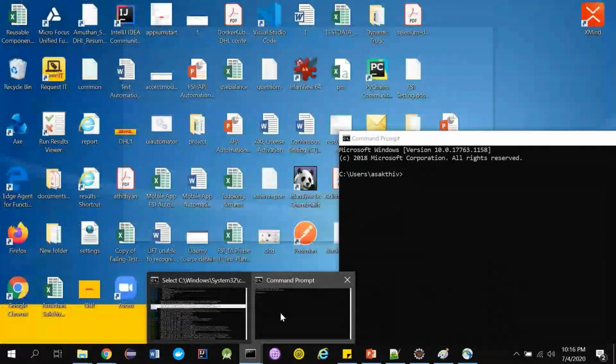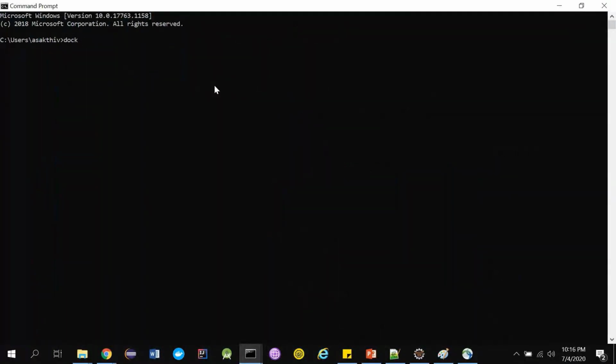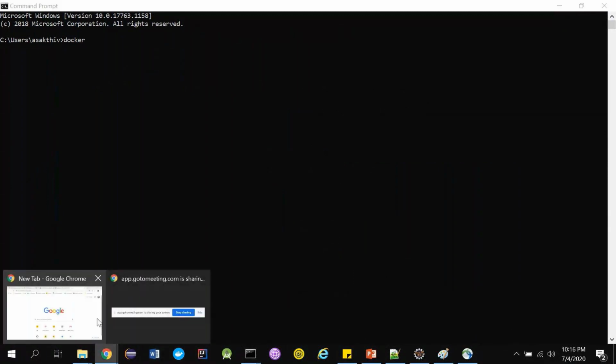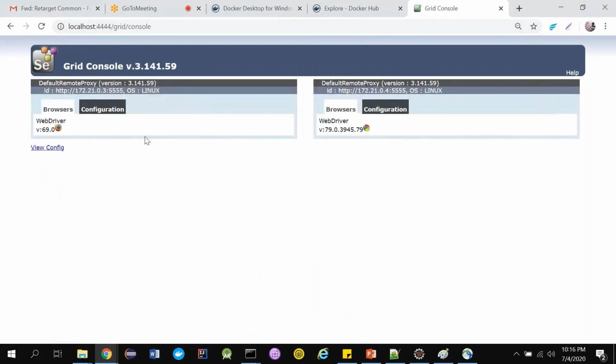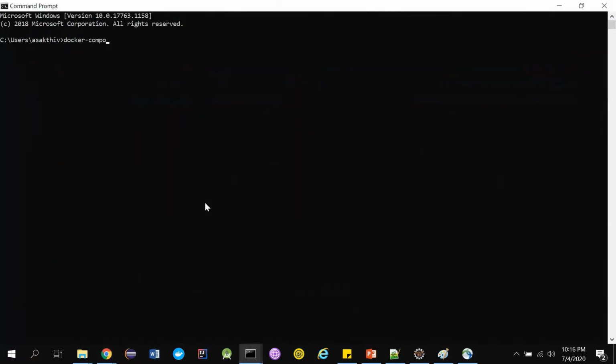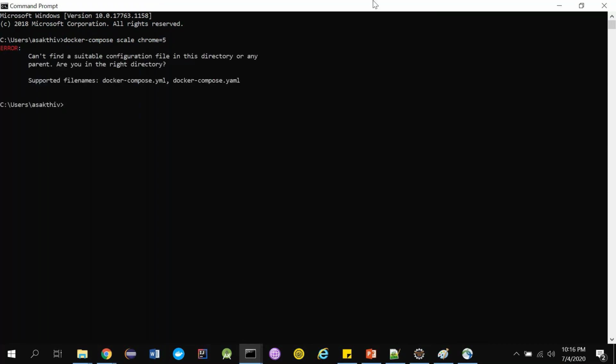And now quickly let's go here and cover some more. I want to spin up more Chrome containers. So if you go here and type localhost, we have only one Chrome and one Firefox. So what I'm gonna do, I'm gonna use a command called docker-compose scale, and then we have the service called Chrome, right? Chrome equal to 5. It means it will make the number of Chromes available 5. Okay, I'm not in the right directory again.